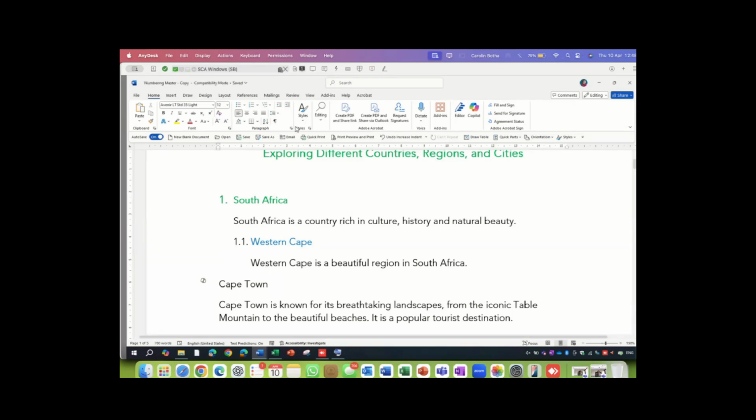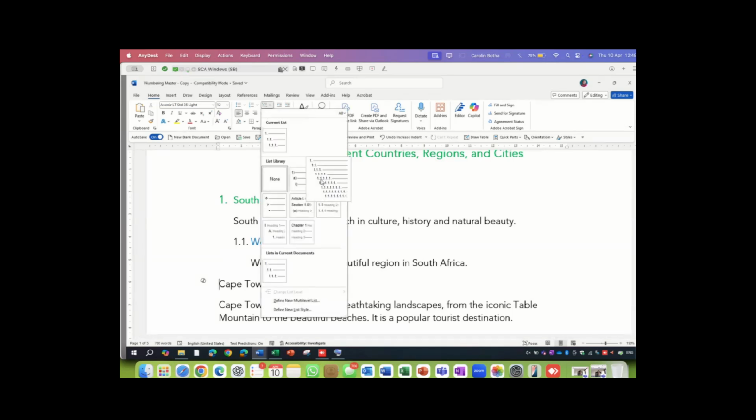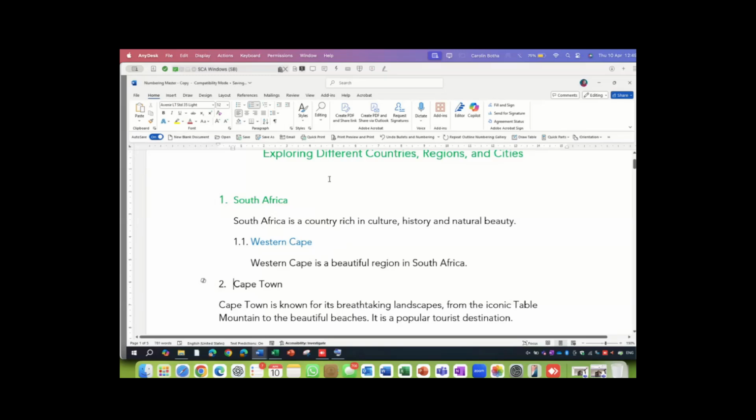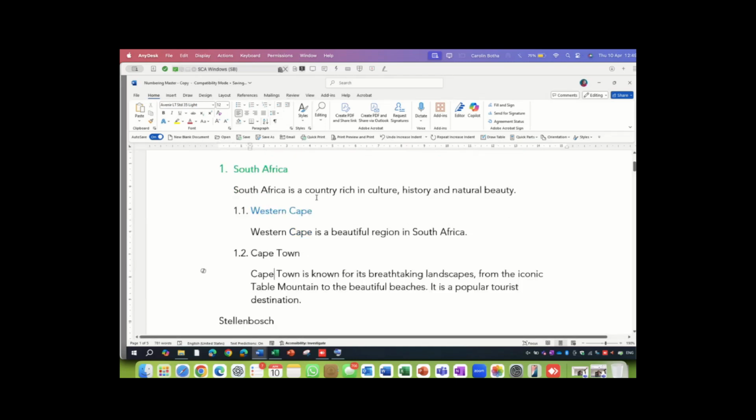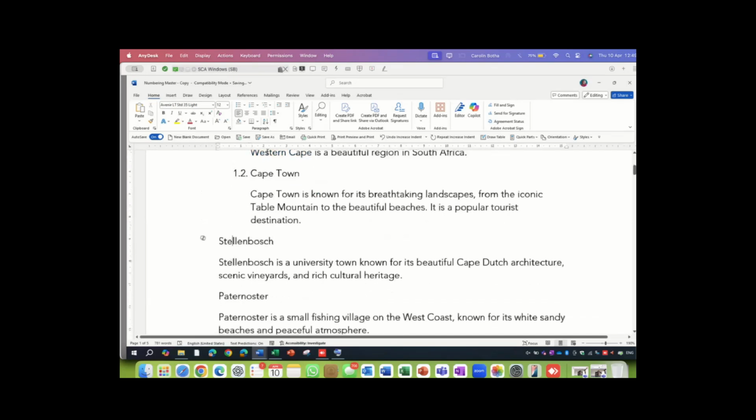So let's go for Cape Town. Cape Town, I'll go as fast as possible here. It will do a number 2. There is a shorter way around this, but this is the fail-proof way. Believe you me. Do that. Perfect. Then the paragraph 1, 2, 3 indents, I know by now. Look at that. Look at that.